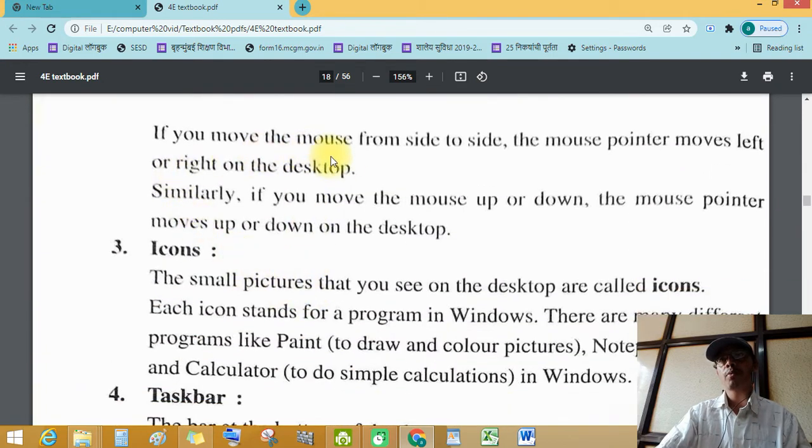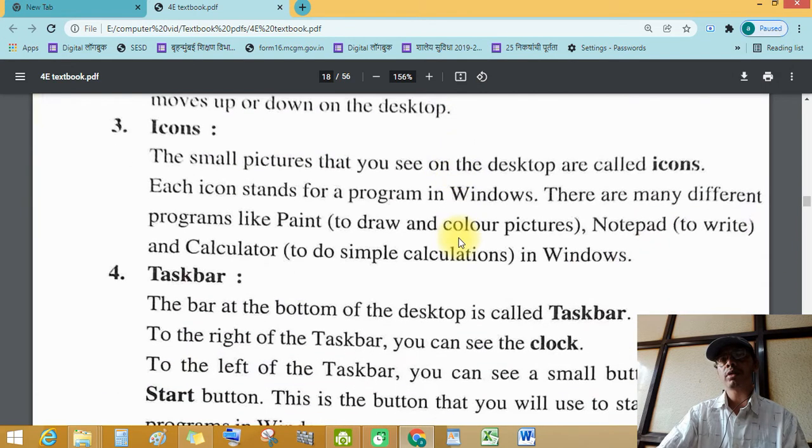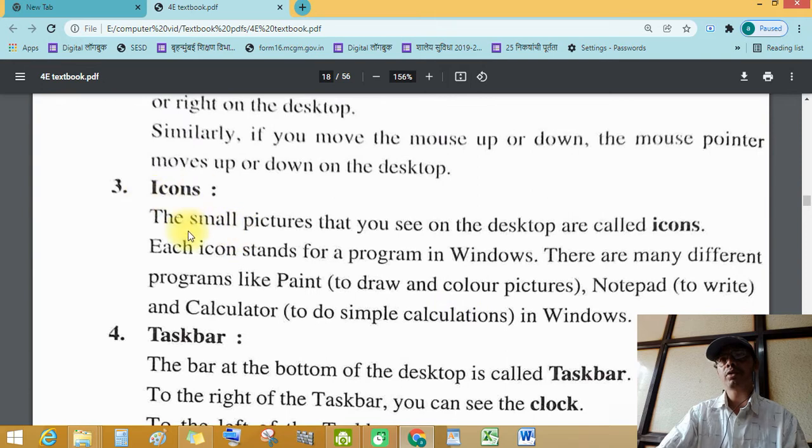If you move the mouse from side to side, the mouse pointer moves left or right on the desktop. Similarly, if you move the mouse up and down, see this, the mouse pointer also moves up or down on the desktop. Like that, see this icon, the small pictures that you see on the desktop.